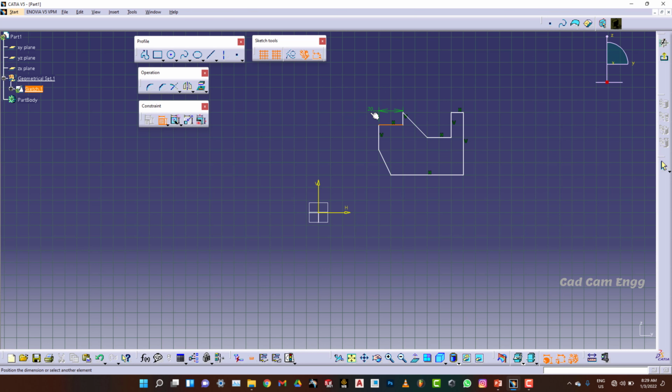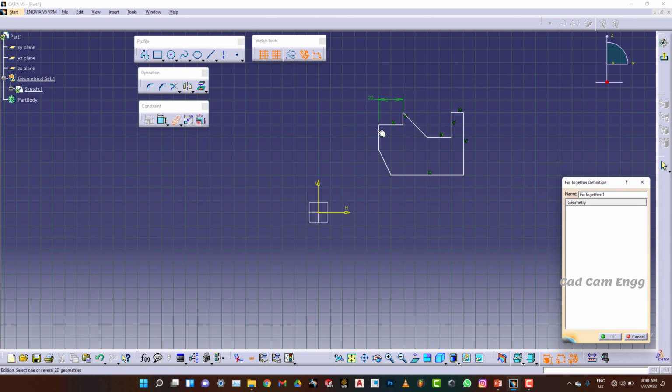After getting your required position, you can left click. Then your constraint will be placed there. After that, one more option is there, fixed together. Fixed together is nothing but if you want to fix the line's location, this tool is used.